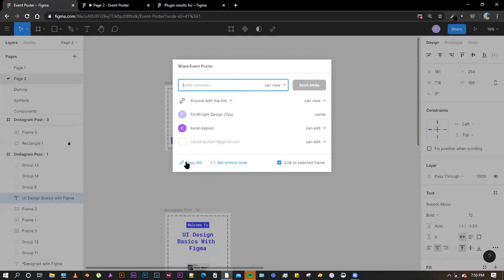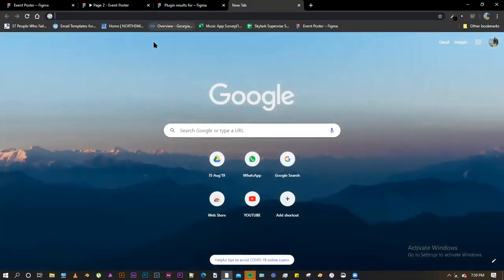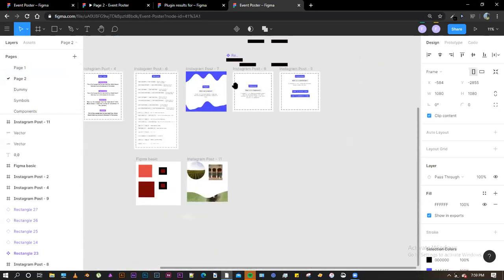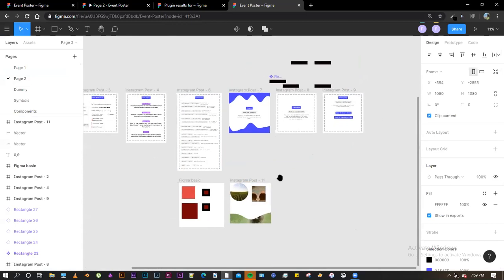Yeah, if I want to share the prototype link, I copy this link. I open a new tab and paste this link there. Now you would have a similar view to what you would have when you are not logged in, but the only difference would be that you would not be able to interact with any of these elements. Let me show you in another browser.